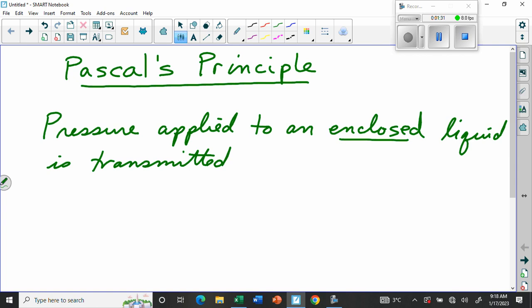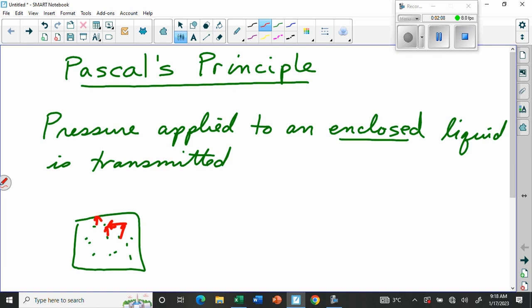Transmitted. So what we mean is that each molecule begins to push on each molecule beside it. Right? So as each molecule pushes one on the other, it's kind of like a chain reaction, a domino effect. And the pressure gets pushed. One molecule pushes the next molecule, which pushes the next molecule, which pushes the next molecule, right? Here's some molecules. So what happens, of course, is one molecule pushes this one, which is pushing this one, and they're all pushing on each other. You can imagine the crowd of everybody pushing on each other,